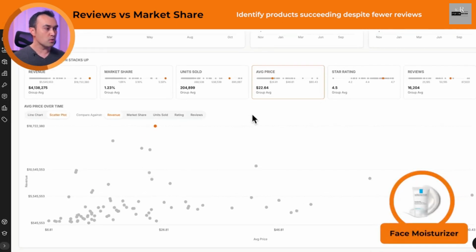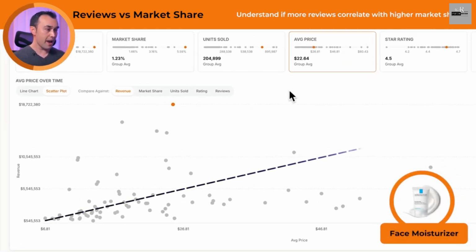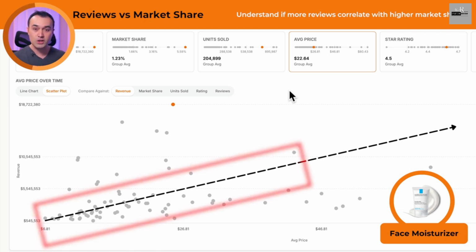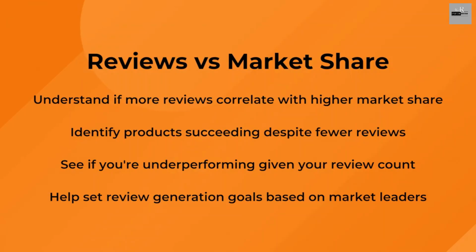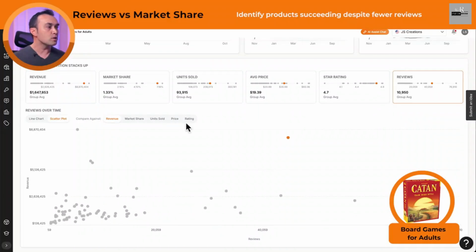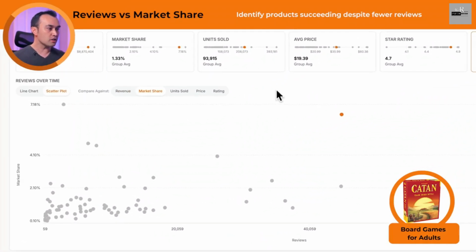Now, this face moisturizer segment shows an even clearer pattern where more reviews do tend to mean higher market share. This makes sense in beauty products where customers often rely heavily on reviews for their purchasing decisions. Now, the next thing that you can check for is if products are succeeding despite having fewer reviews. Let's look at board games here. While some products follow the